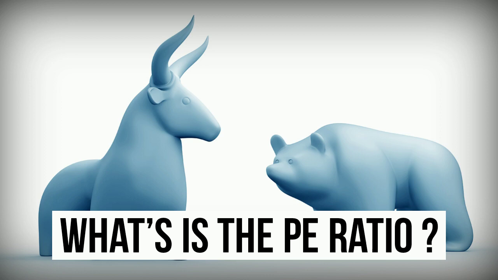In a very simple manner, how many rupees do you want to pay for earning 1 rupee? Again I repeat, how many rupees you want to pay for earning 1 rupee is the PE ratio. If there is a PE of 10 for a company, you are paying 10 rupees for earning 1 rupee. If there is a PE of 15 for some large company, you are paying a premium of a high amount, such as 50, to earn 1 rupee. We can also judge a company by its PE ratio, whether the company is overvalued or undervalued.